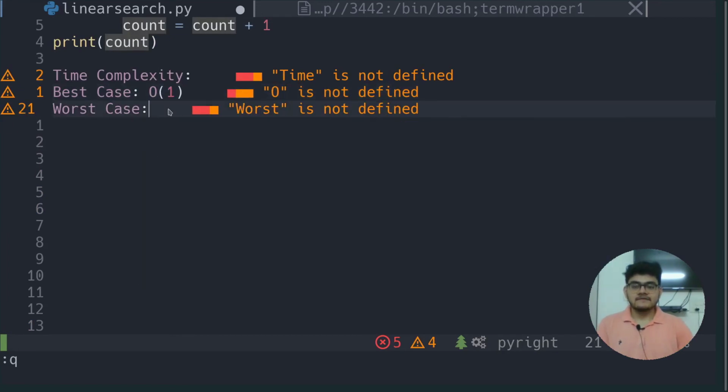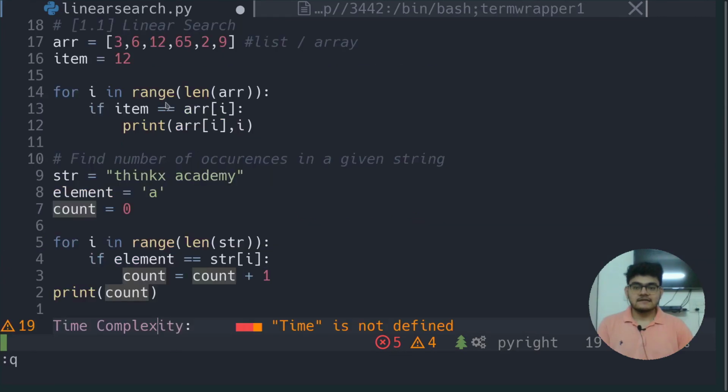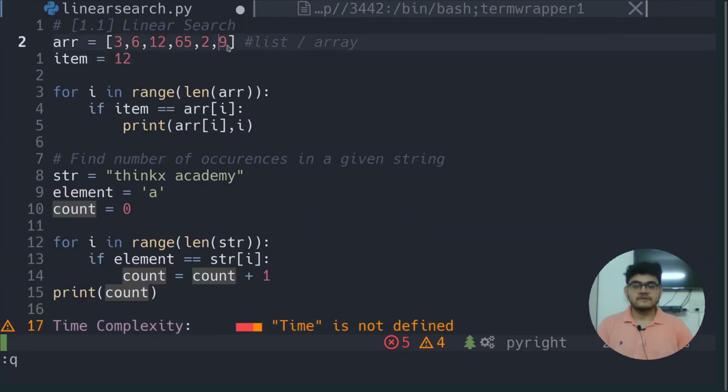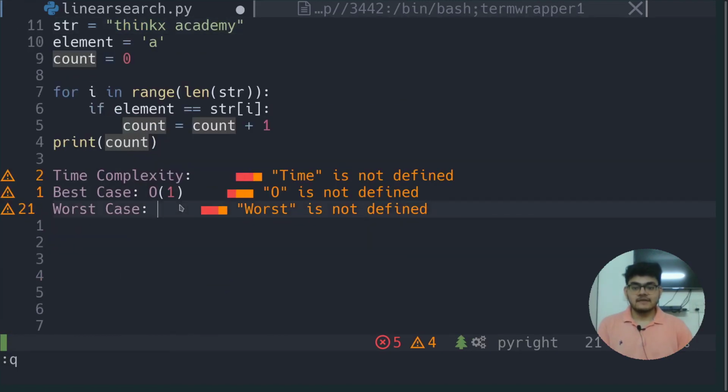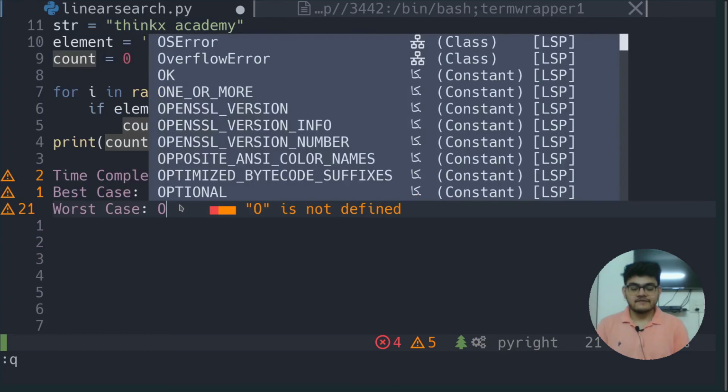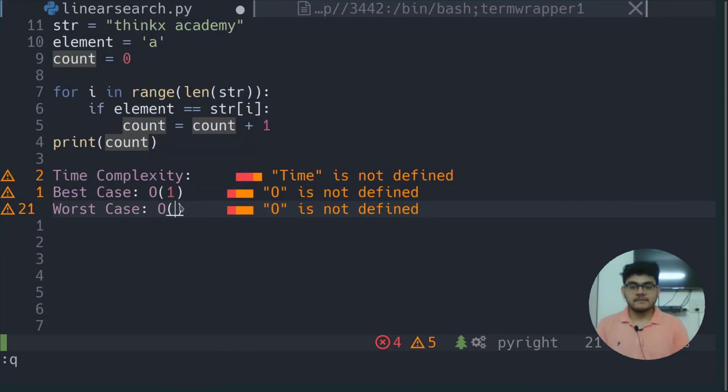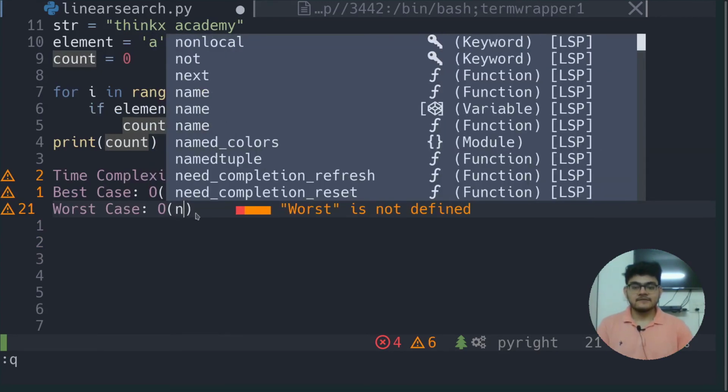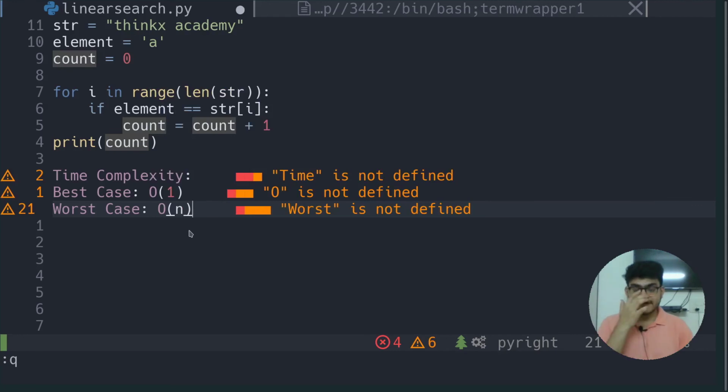In the worst case, let's say 12 is at the last position of this array, so it exists at last. For that, I will have a time complexity of big O of n, where n specifies the number of elements inside of the array.